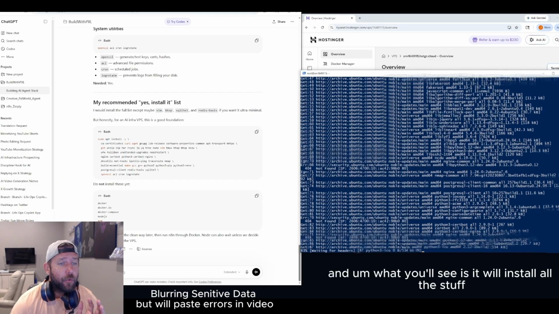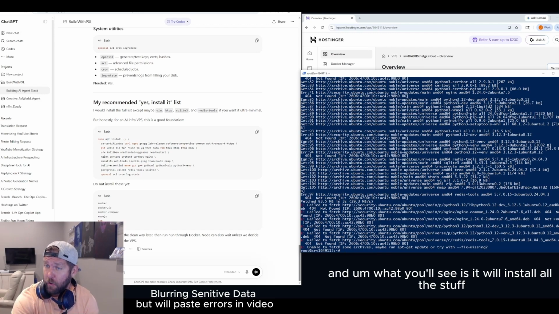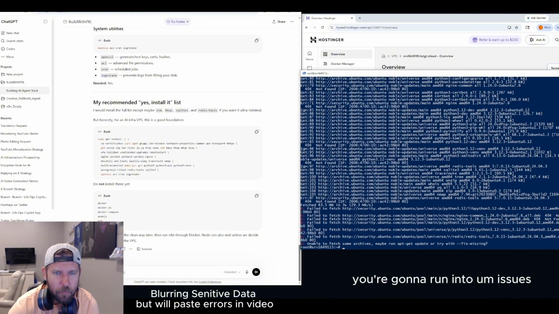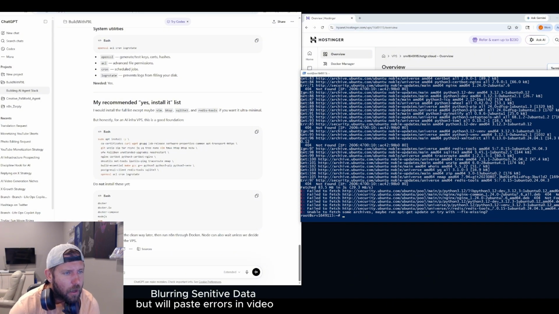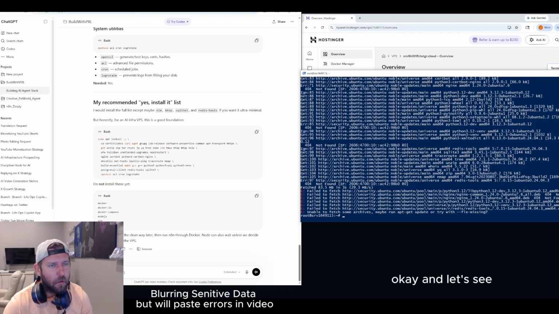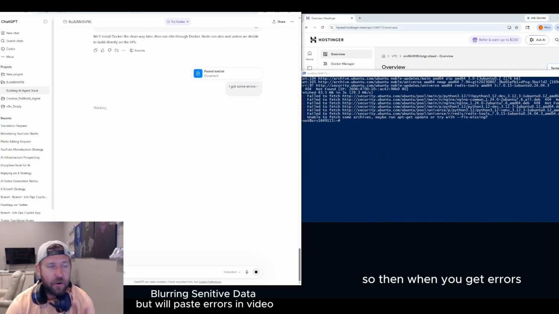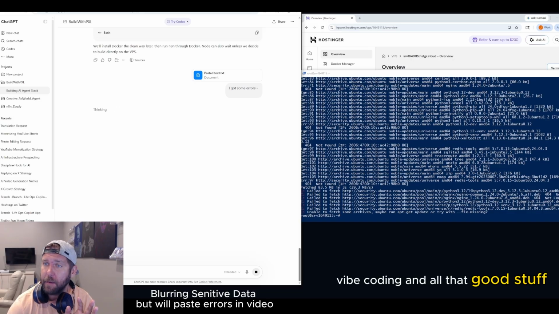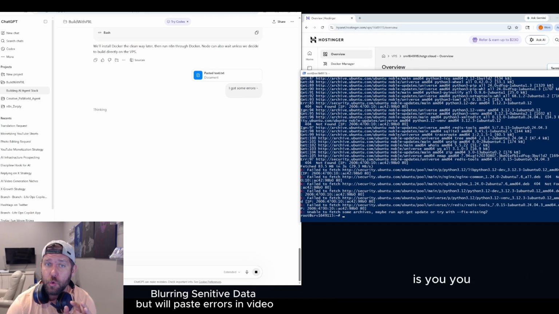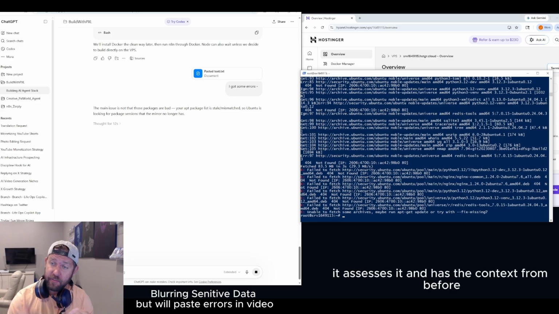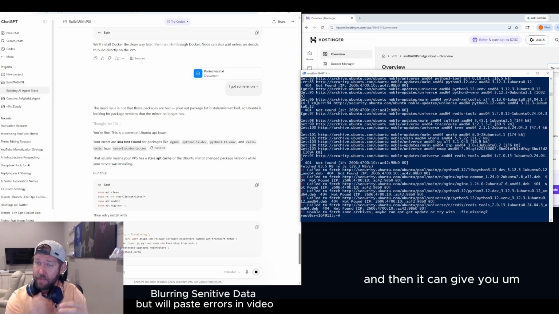And what you'll see is it will install all this stuff. And then, like I said, you're going to get errors. You're going to run into issues. Okay, and let's see. So then what I do is, I got some errors. So when you get errors, this is the beauty of vibe coding and all that good stuff: you grab those errors, you throw them into ChatGPT, it assesses, it has the context from before, and then it can give you